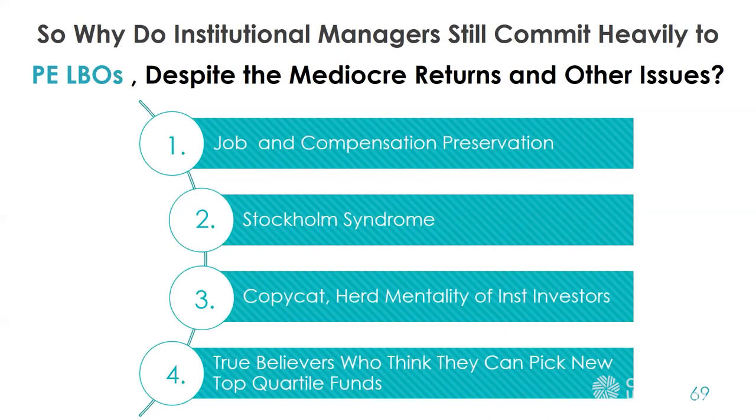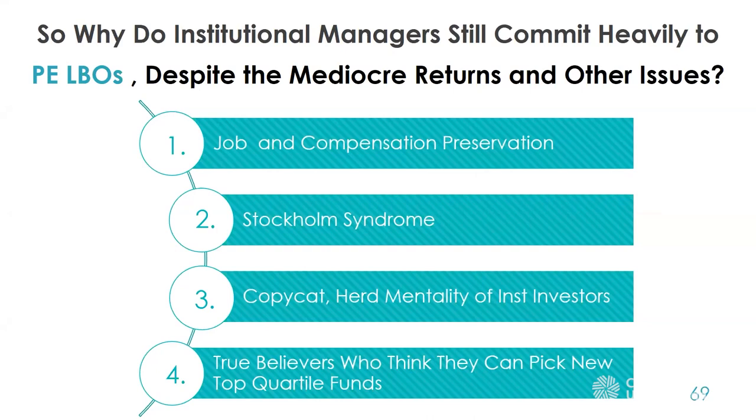If you're a manager at a big institution, like a big foundation, like the Ford Foundation here in the United States, or some big pension plan, like the State of New York Pension Fund, how are you going to score points as a manager? You don't do it by indexing. You go in and tell the board of directors, everything is so complicated. I need a big salary and a big staff because I have to buy all these exotic investments like hedge funds and private equity. So even though indexing does better, from a career point of view it's better for the manager to go into these exotic areas,